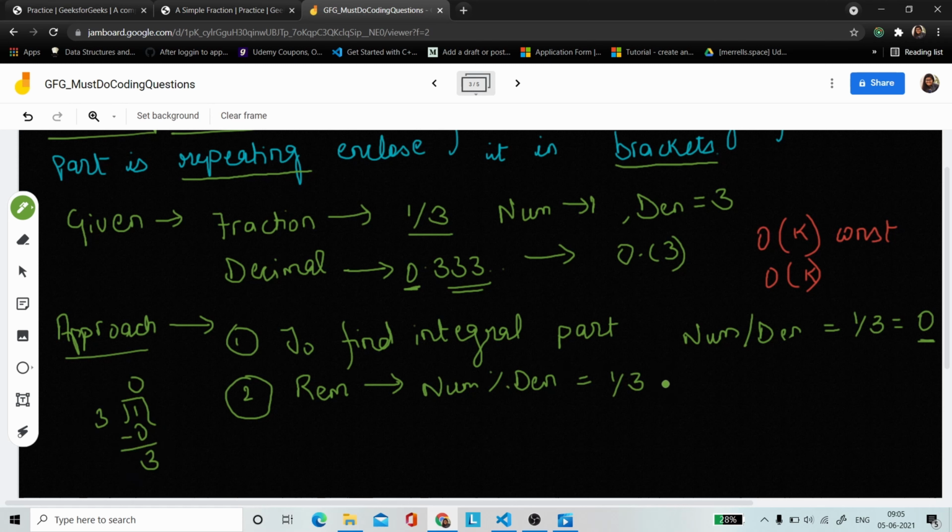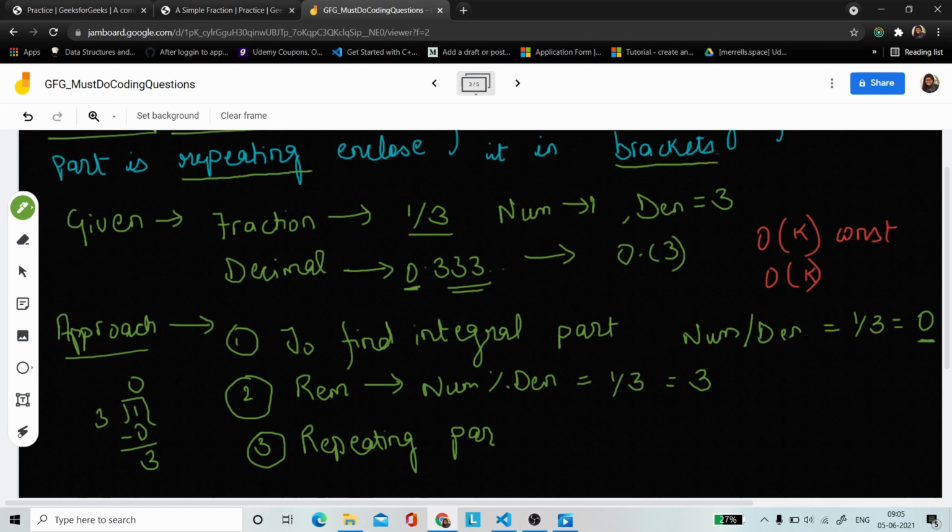Similarly here also it gave the quotient of 0 and a remainder. So we found the integral part, we found the remainder part, but that is not the only case. The third thing is you have to find the repeating part. If there is any repeating part, I have to find that repeating part.